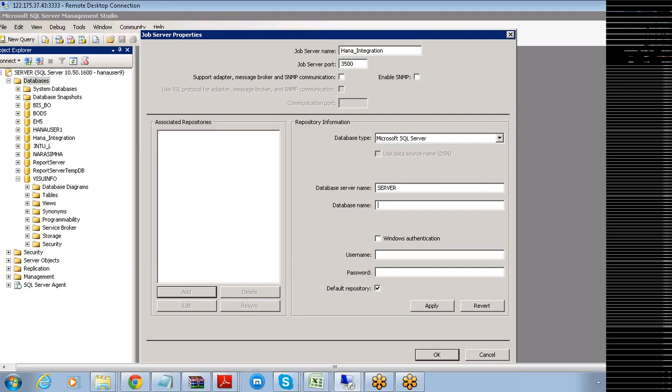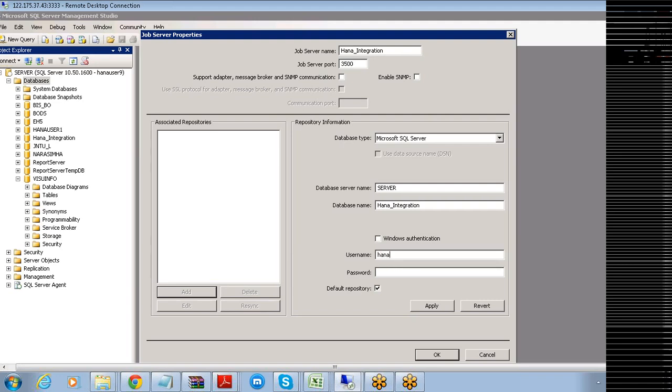What is the database name? HANA_integration. What is the user ID and password?